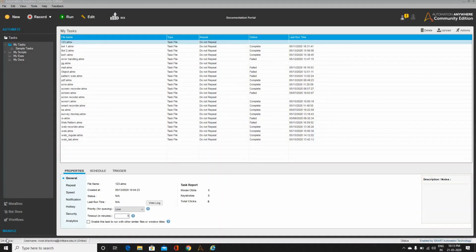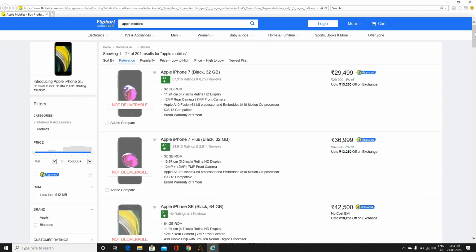In this video, we will discuss how to extract pattern-based data from different websites. For example, on this Flipkart website, all the data of all the Apple iPhones is present in a specific pattern. From here, we want to extract the Apple iPhone name, price, and detailed information, meaning features, of all the iPhones present in the Flipkart website. Then we can use the web recorder for extracting all these types of data.